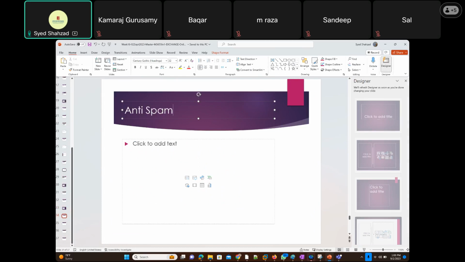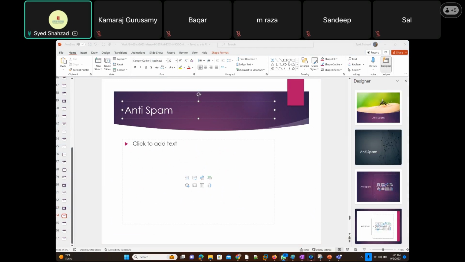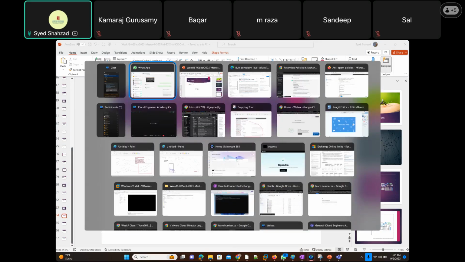Okay, and I'll just put it there as well. Bulk complaint level in EOP, Exchange Online Protection, right? So it's bulk complaint level, not compliant. Seriously, why am I saying compliant? Okay, so if I go back here,